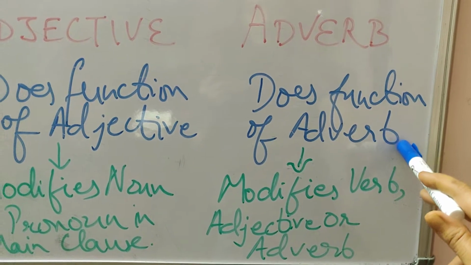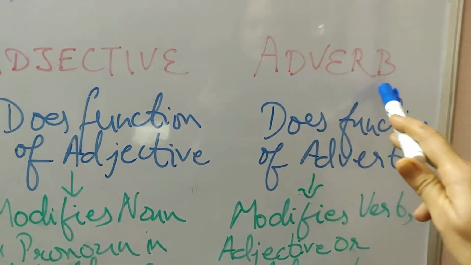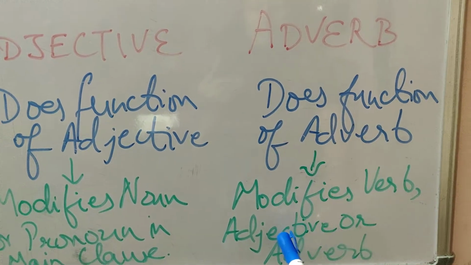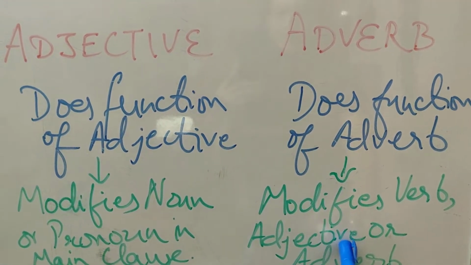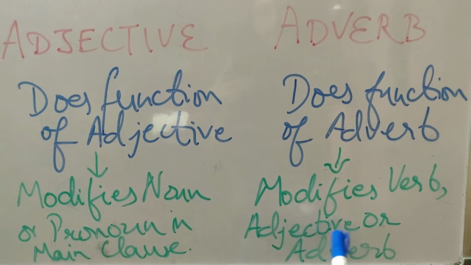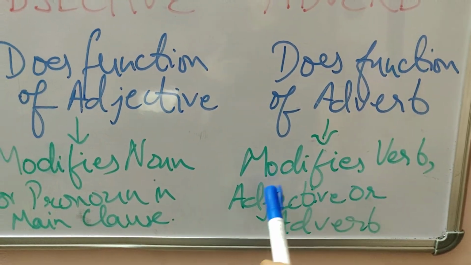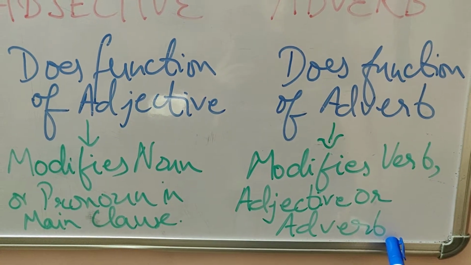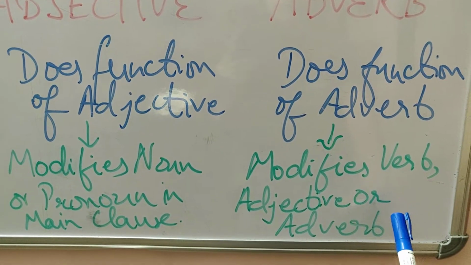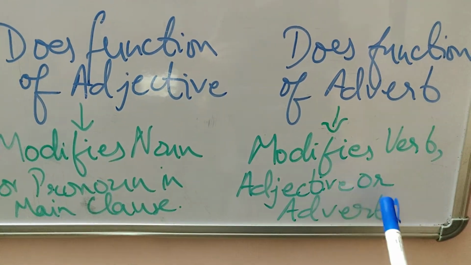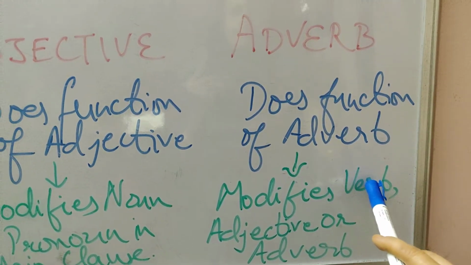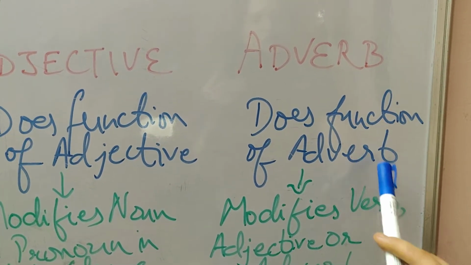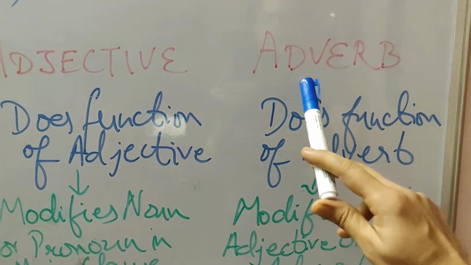Okay. So I hope you have understood by this that when an action or verb is there and it is being modified, or some adjective is being modified, adjective is something which describes a noun, or an adverb, adverb is something which adds on to a verb. Okay. So if these things are being modified by a part of a sentence which has its own subject and predicate, then it will become a subordinate adverb clause.